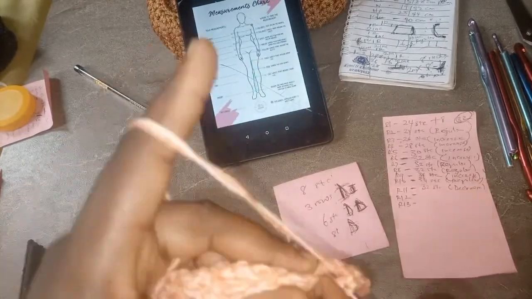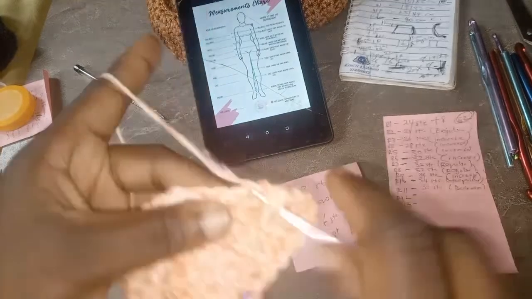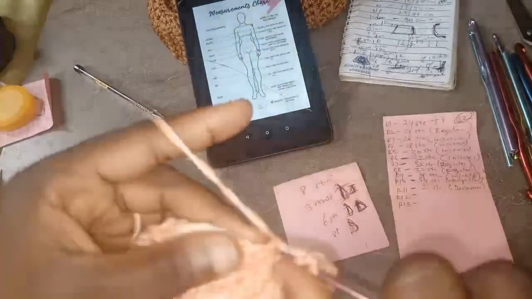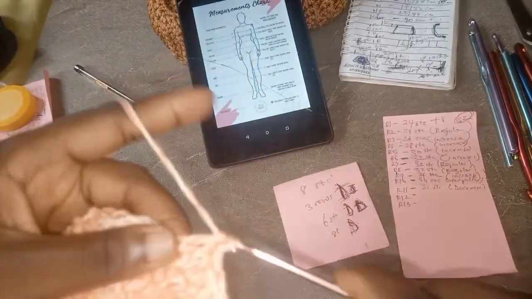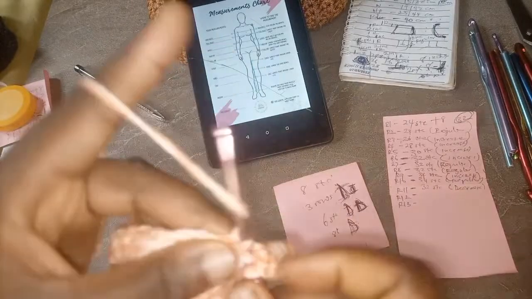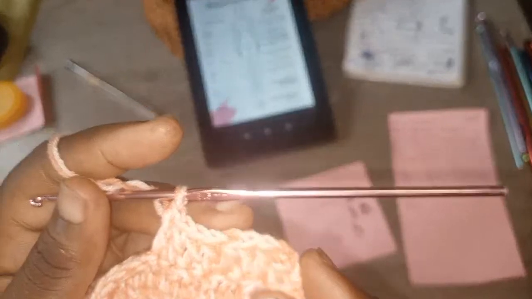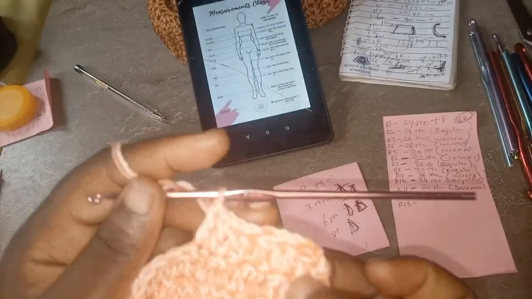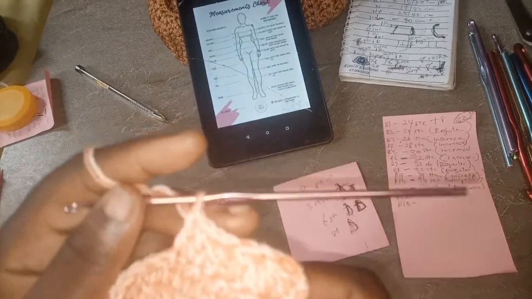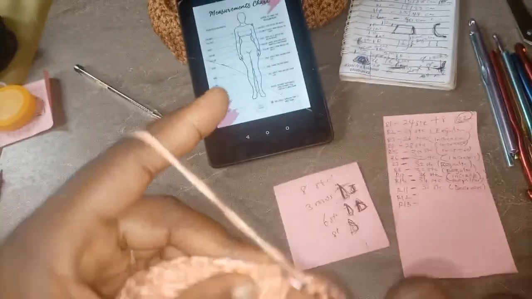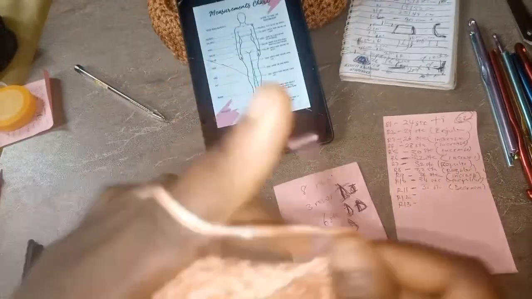So until the end, before we do another decrease row, that's what I'm trying to hasten up. Now at the end, before you finish, when we are decreasing, we have to deal with the last and the first stitch. The same thing we did here for our decrease row, we dealt with the first 3. 1, 2, 3. The first one we just did the normal thing there. Then the next 2 was what we decreased. Okay, so that's what we are going to be doing. So once you have like 3 stitches left, then we'll pause.